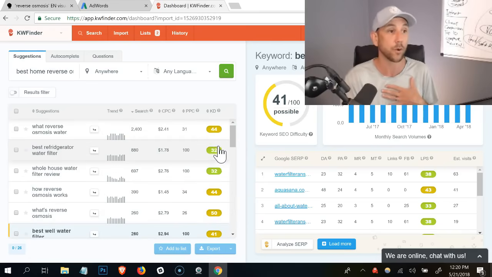I'm just looking for the lowest difficulty, highest search volume. And this is ultimately how you build out your main keyword list. It's a very long, lengthy process. I do a lot of manual configurations. I don't trust any one tool to come up with all of the different variations because I'm always trying to focus on what's inside of that user's head. What are they thinking? What's their search intent?